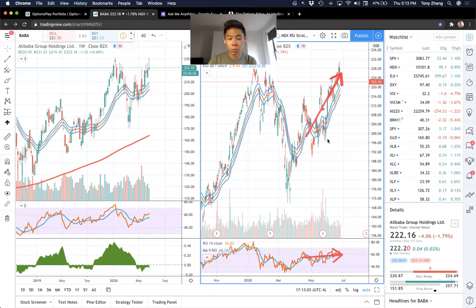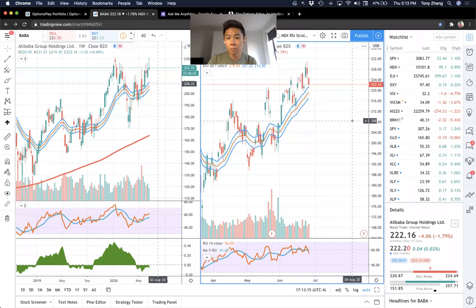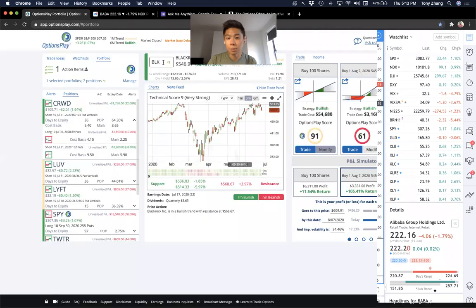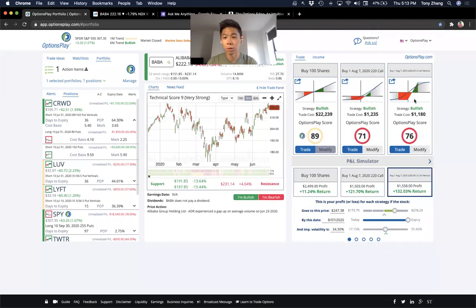So if you want to be very short term, as you can see, when Baba reaches a 20-day moving average, it has moves to the upside, but they only last for a couple of days. These are not particularly great trades for options unless you're extremely tactical and buying and selling almost every single day or perhaps even intraday. It's a difficult stock to trade because the options also, in my opinion, aren't super liquid. So sometimes getting in and out of this name is a little difficult, but that's my view here on Baba.